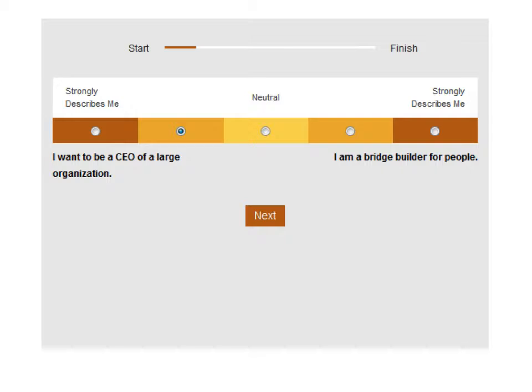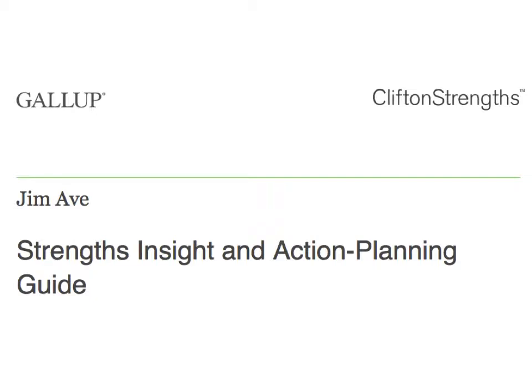And so after you've completed the Clifton Strengths Finder evaluation, you're provided with a report that tells you your top 5 signature themes and descriptions for each theme.